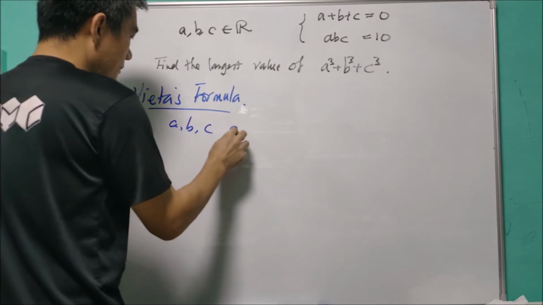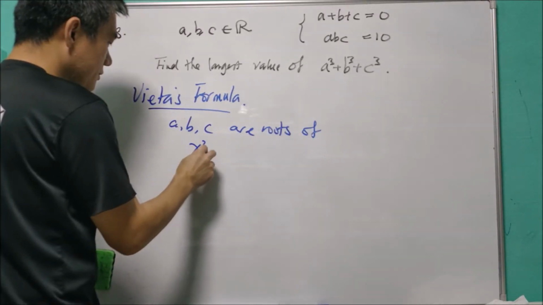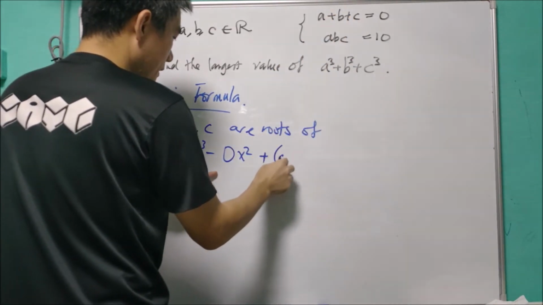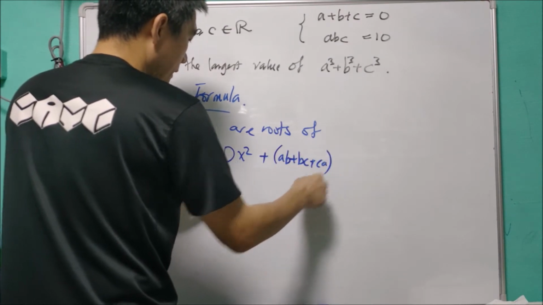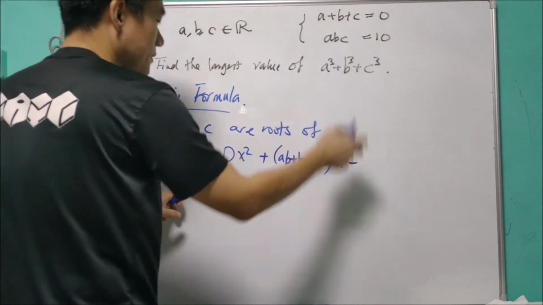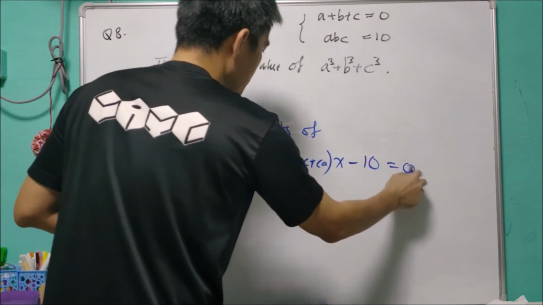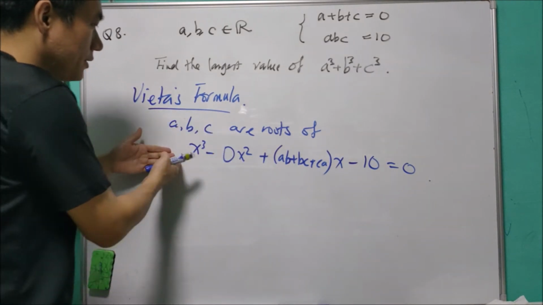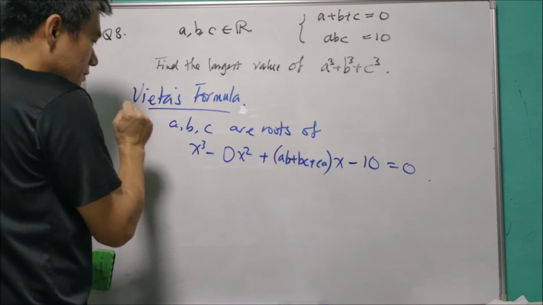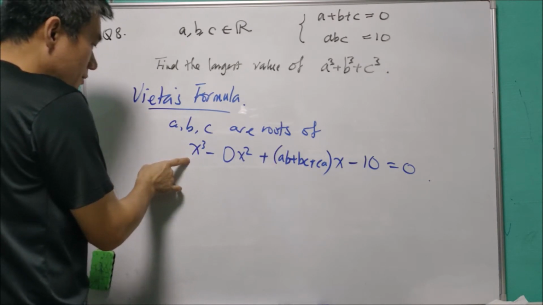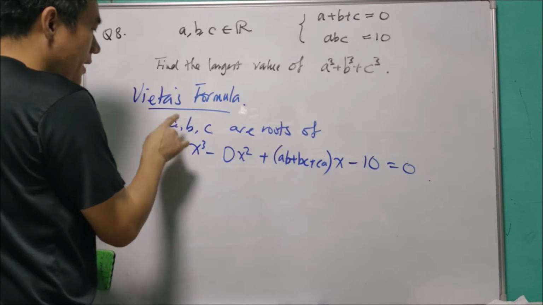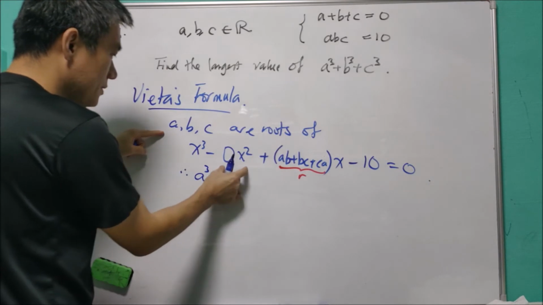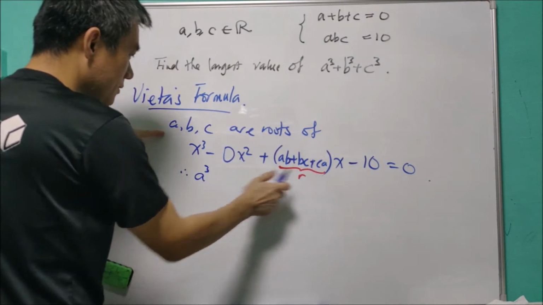A, B, C are roots of x cubed minus the sum 0 x squared plus (AB plus BC plus CA) x minus the product 10 equals 0. Using Vieta's formula, we know that A, B, C are roots of this cubic equation. Since each of A, B, C is a root of the equation, we can substitute A, B and C respectively. Sub x as A, so A cubed, this is 0, and call this R, plus RA